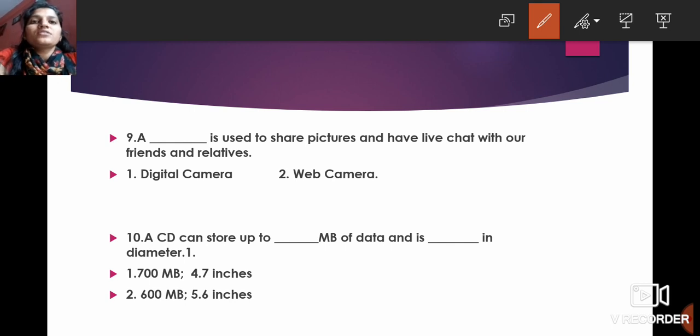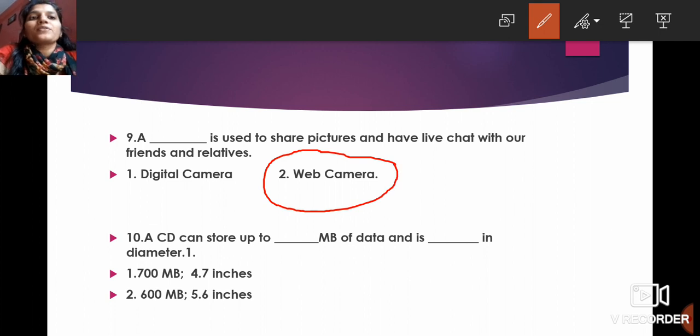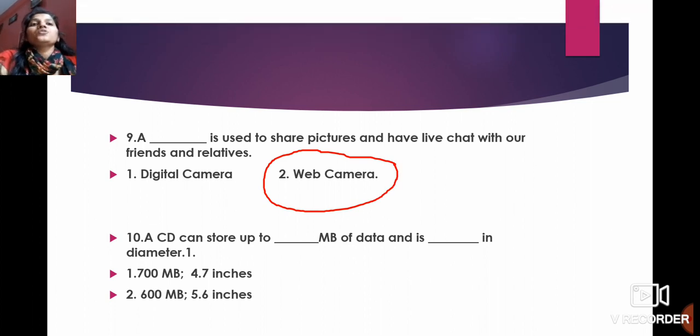Done with the answer, students? Yes, so we know that the answer is web camera. A web camera is used to share pictures and have live chat with our friends and relatives. Now students, we know that a web camera is connected through the internet, right? We need internet to have live chat with our friends and relatives.